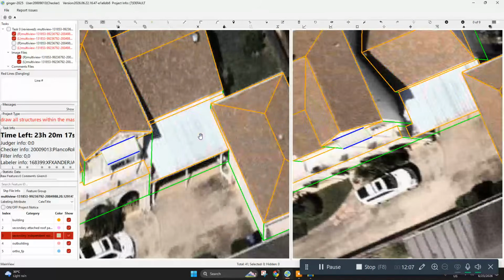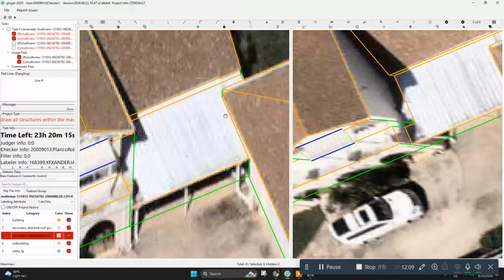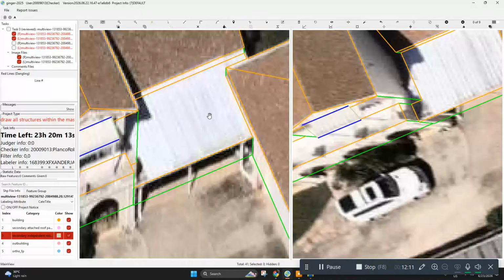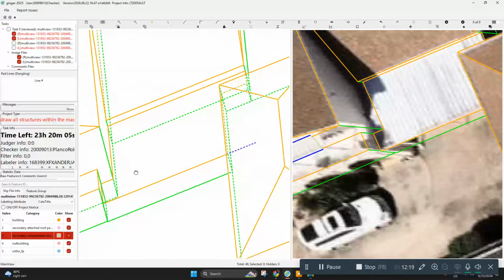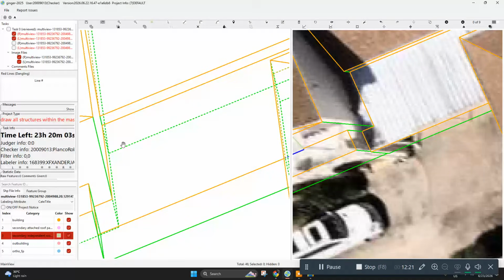Guys, since this is an attachment also, we will just use this one as a guide. Just place an assist line and then from here, I think it starts from the base.